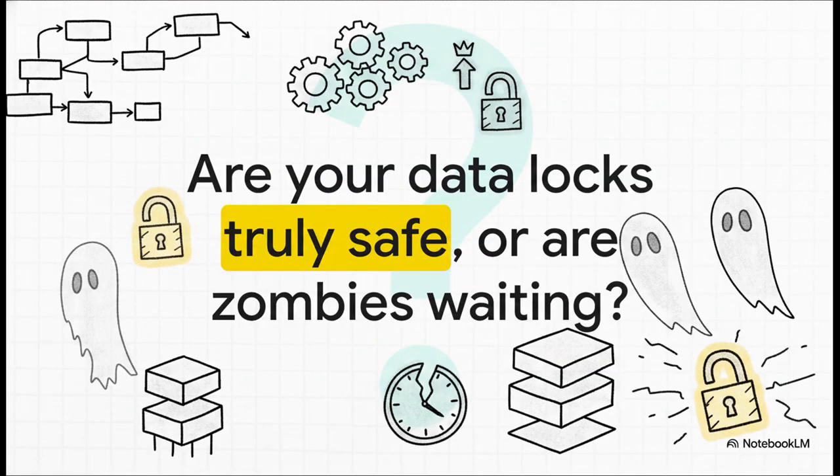So I'm going to leave you with this. Go check your system's architecture today. Really think about your lock services, your leader elections, and your storage endpoints. Are your distributed locks actually secure with defensive coordination, or are you just operating on the illusion of continuous time, waiting for a zombie node to wake up and completely corrupt your data?